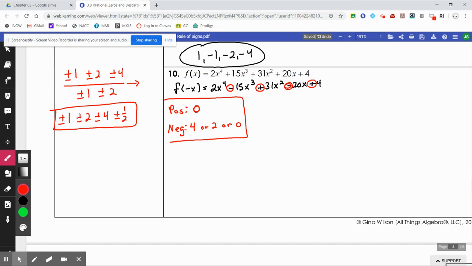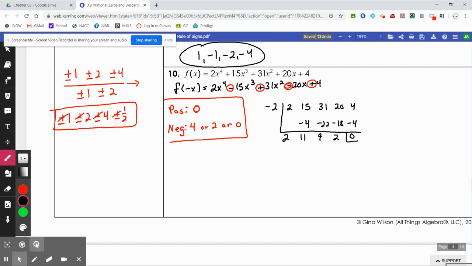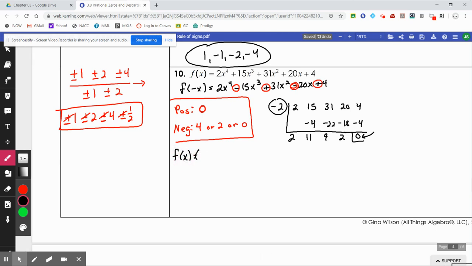So I can actually go ahead and cross out +1, +2, +4, and +1/2. So there's a great possibility that the first thing that I try, either -1, -2, -4, -1/2, is probably going to work. Okay, so I tested -2, and -2 did come out to be a remainder of 0. So therefore, I've now broken my original function into x plus 2